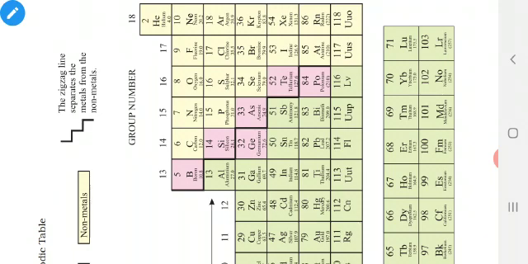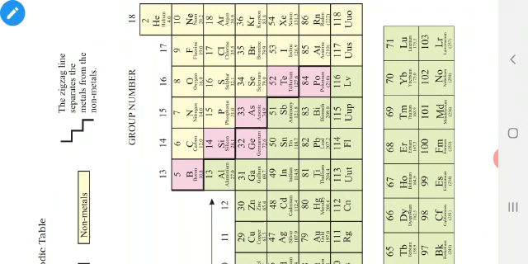Next one, we are going to see Mendeleev's periodic table. The first one is what are the attempts used by the scientists to classify the elements. The second one is Mendeleev's periodic table. Okay, so this is the major invention. This created a great revolution in making the periodic table.